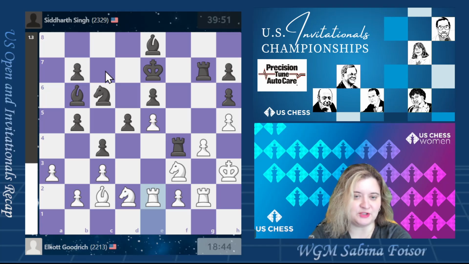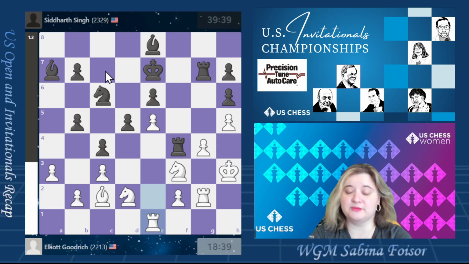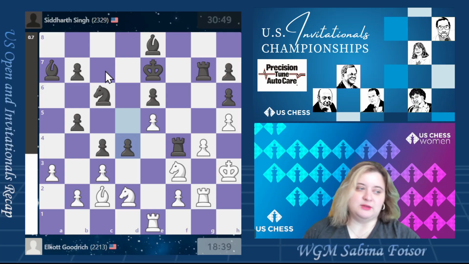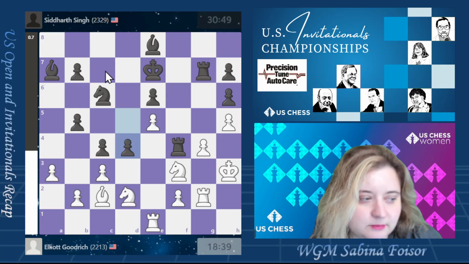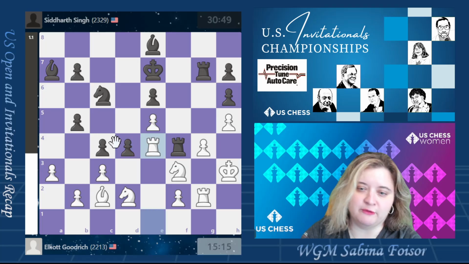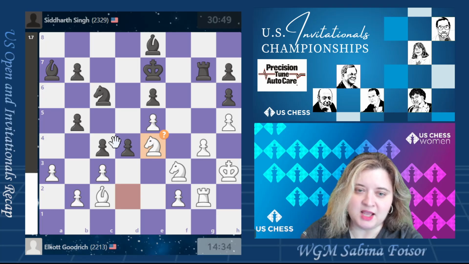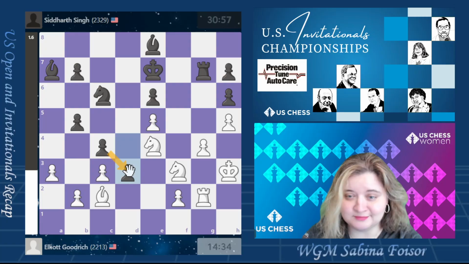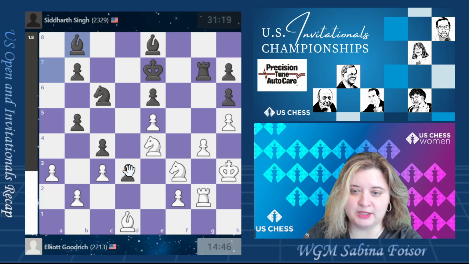White just decided to stay, feeling that they have created a weak fortress. But as soon as rook e1 is played, black is ready to break through. d4 was the way to do that. And now after d4, rook e4 takes. He plays d3. So he's created his protected passed pawn. Brilliant. Bishop b8. And now